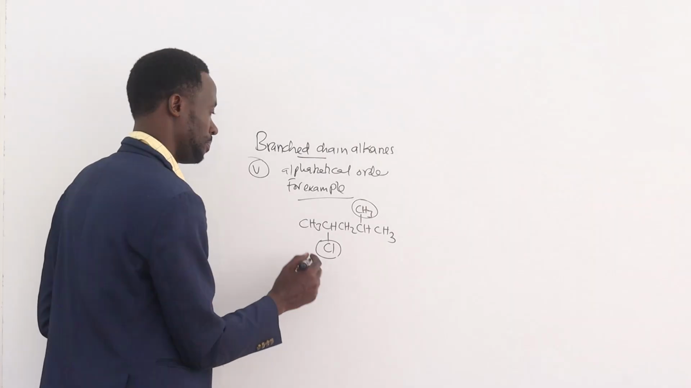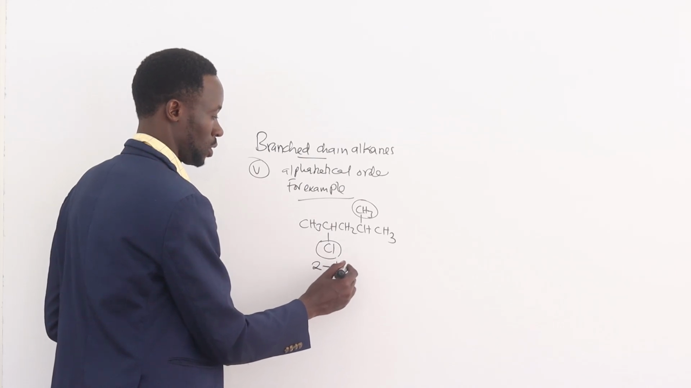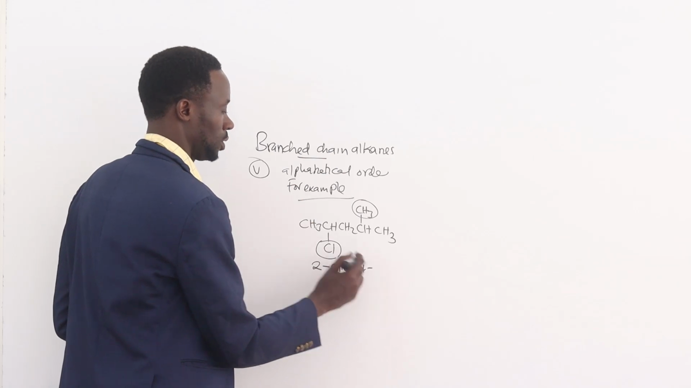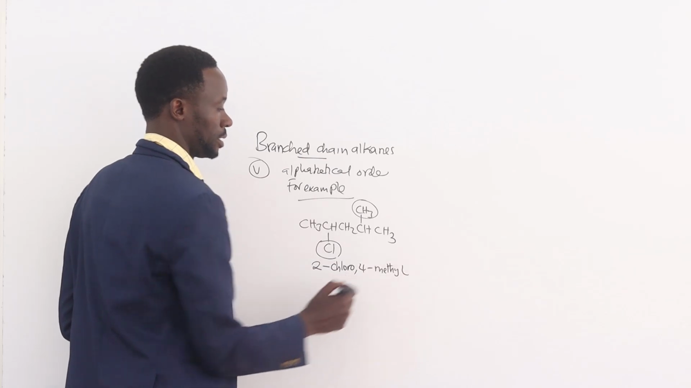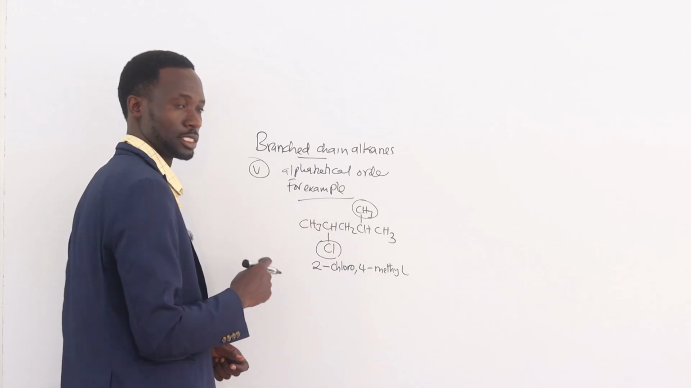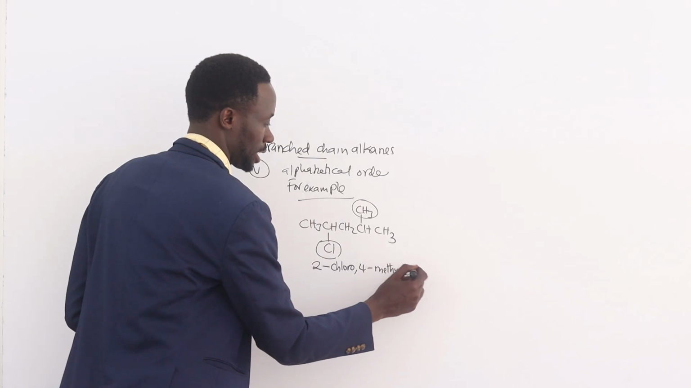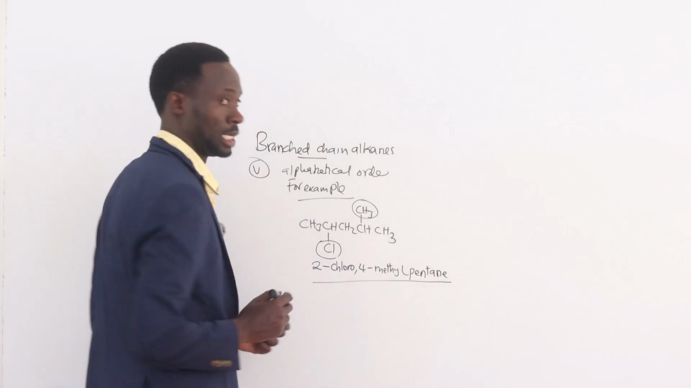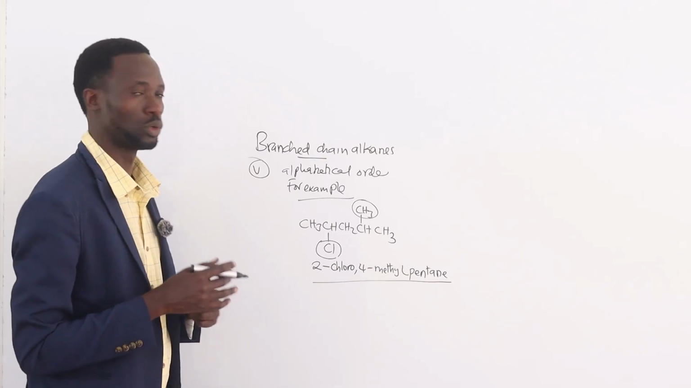So the name will be 1, 2. At second carbon, I have chloro. 1, 2, 3, 4. In the 4 carbon, I have methyl. Then it is followed by the name of the longest continuous carbon chain, which has 5 carbon, 1, 2, 3, 4, 5. Then it becomes pentane. So this is all about the rules to be followed when naming branched